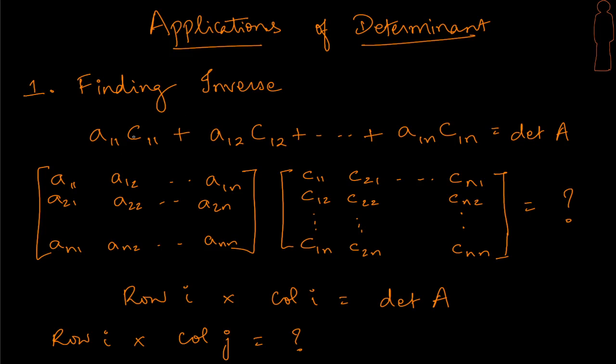We said that A11 times C11 plus A12 times C12, so on up to A1n times C1n. The C's here stand for the cofactors. So when we say C11, the cofactor of the matrix A, we get that as the determinant of the submatrix when we remove the first row and first column from A. Similarly, with respect to every single cofactor, this is what we looked at in the previous session. Now this gives us an idea to place this product in terms of rows and columns, so that something interesting is going to come out from here.